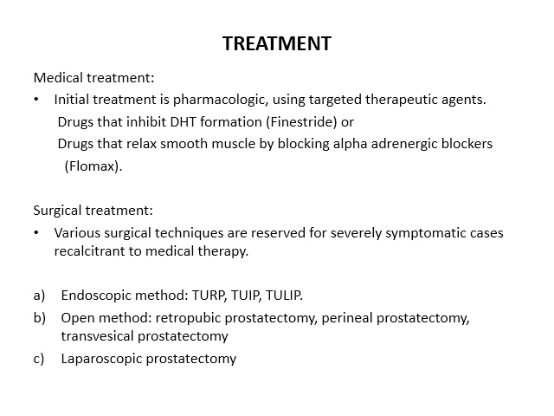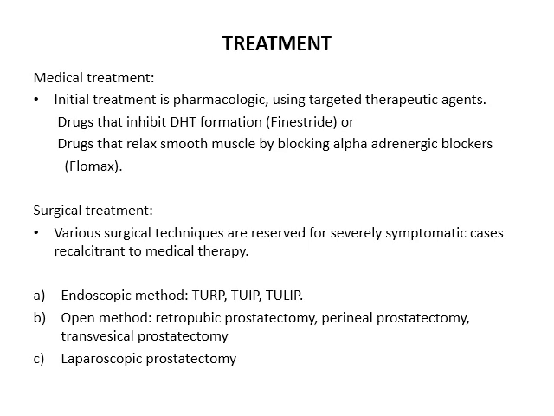So apart from this, in severely symptomatic cases who are not responding to medical treatment, surgical treatment is given. So this includes endoscopic methods like TURP, that is transurethral resection of prostate. So in this, the prostatic chips which are removed during the procedure will be sent to the pathology department for confirmation of diagnosis. So also we have to rule out if there are any foci of carcinoma during our reporting. So this TURP is still considered the gold standard for this BPH treatment, transurethral resection of prostate.